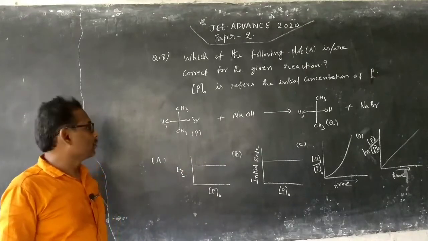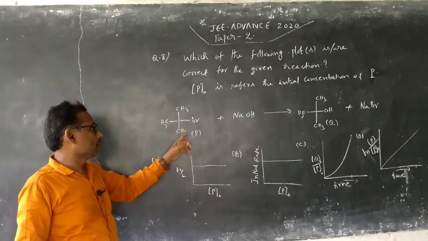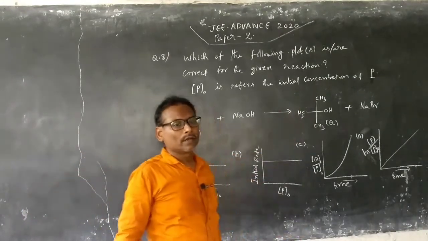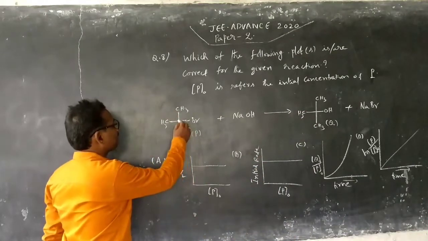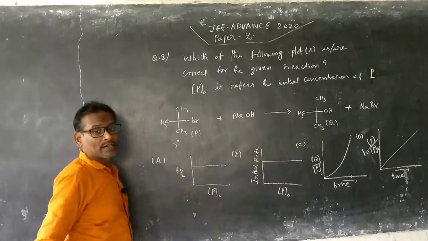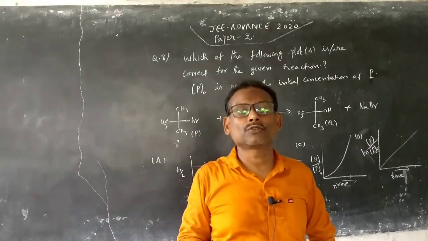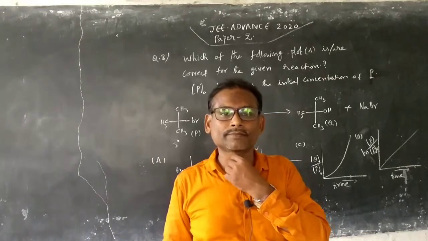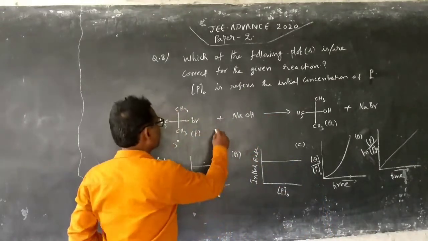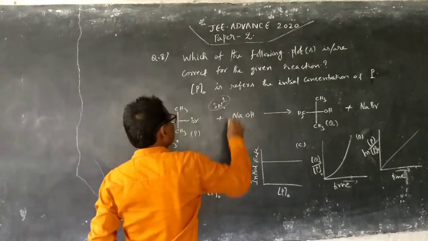If you look at this chemical reaction, it is nothing but a nucleophilic substitution, where Br of this alkyl halide is replaced with OH. Moreover, this alkyl halide is a tertiary alkyl halide. That's why we can say the substitution is SN1, a unimolecular nucleophilic substitution. So the involved substitution is an SN1 mechanism.